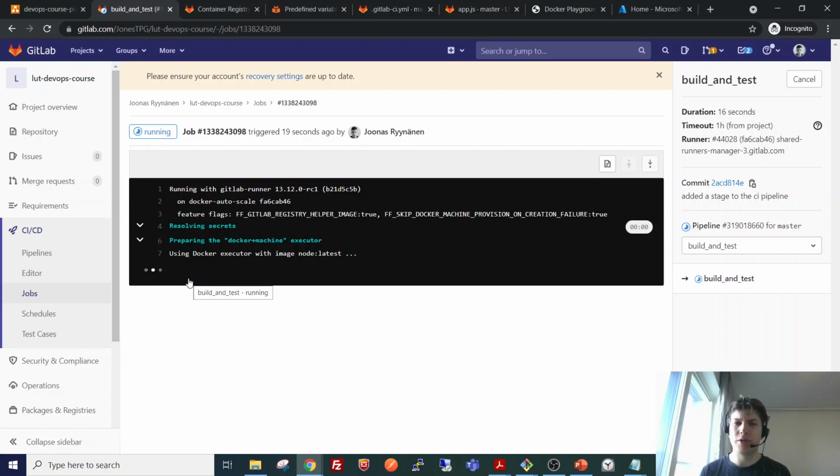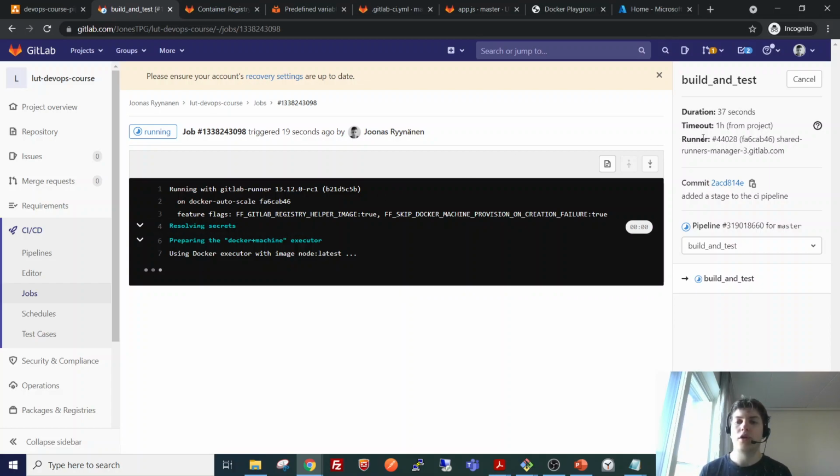It will probably take a while to set up the GitLab runner, so I can briefly talk about the GitLab runner here. Now that we are running the cloud GitLab and not a self-hosted GitLab instance, we automatically have GitLab's cloud runners.